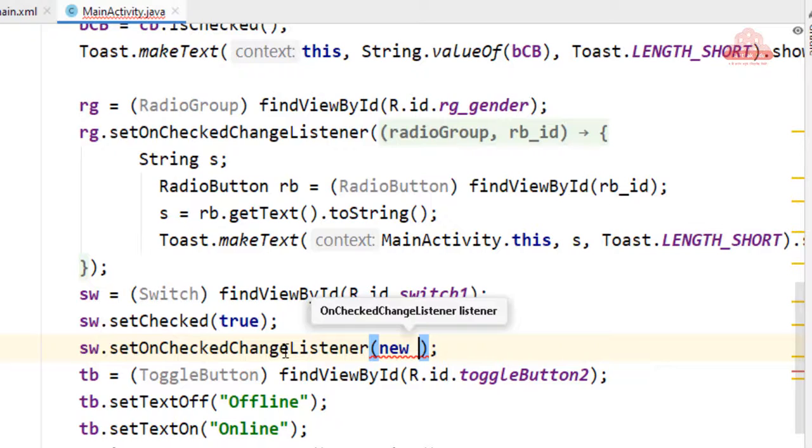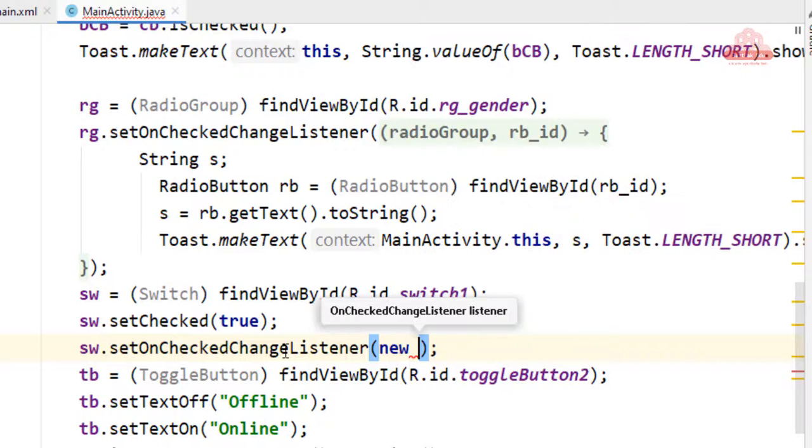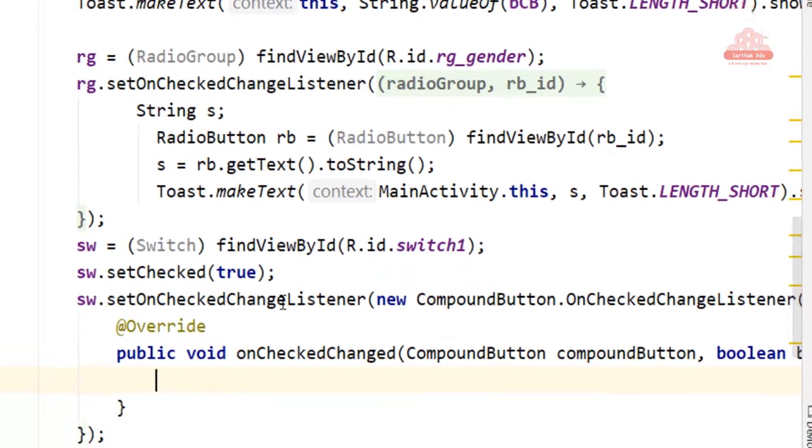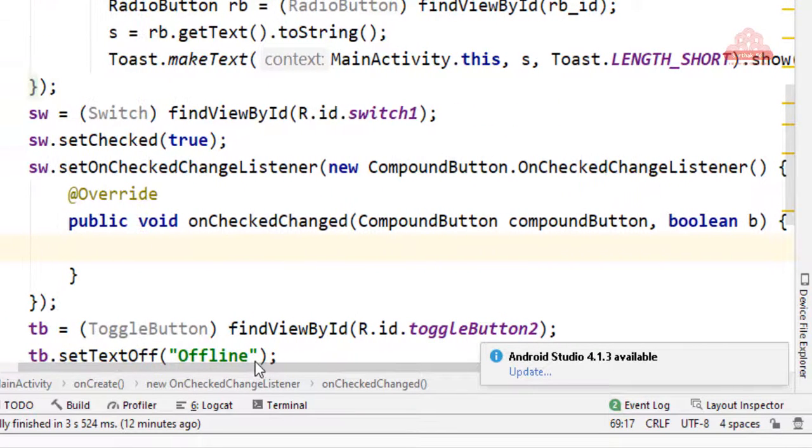Now I am going to type new and press control and space key at a time, and it will show you an interface with the class name and anonymous class reference with your on check change method. You may see here, your on check change method will appear for you. So don't worry, this is ready-made.